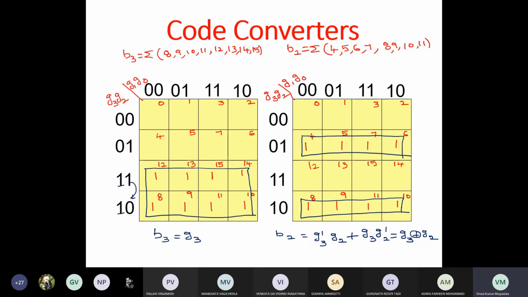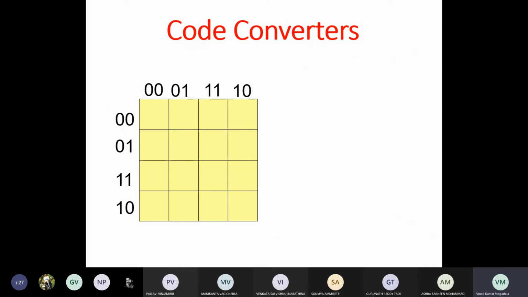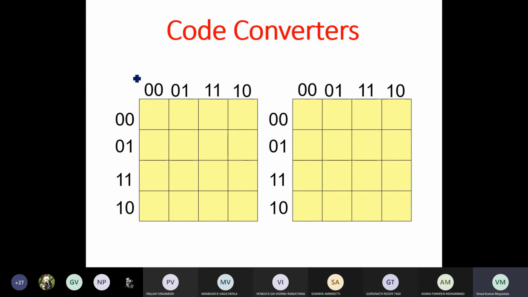And then we'll do for B1 and B0 also. For B1, what is the Boolean function? What are the minterms that we are having? 2, 3, 4, 5, and then 8, 9, 14, 15.